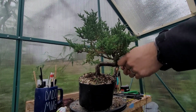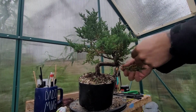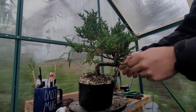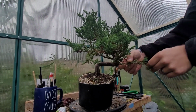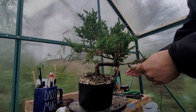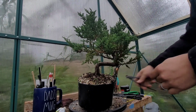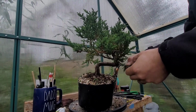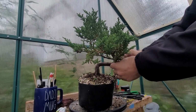I'm not worried about it being super fancy here because I'm just trying to get this little branch moved and out to the side. So that's my main goal here. I'm just going to begin the wiring phase, and pretty much the only thing I'm going to show you guys real quick is just me getting this one and then bringing it off to the side here